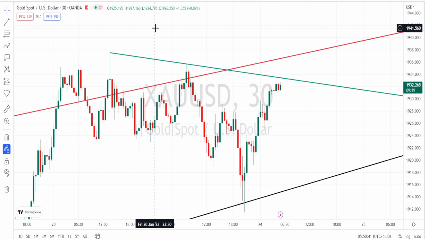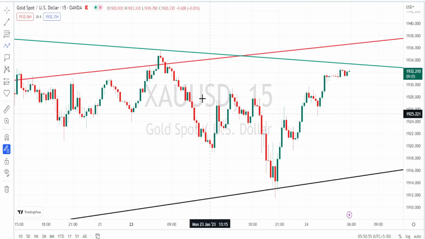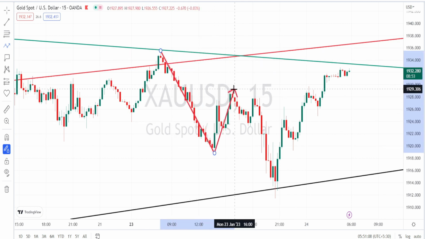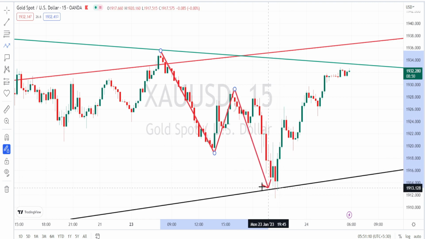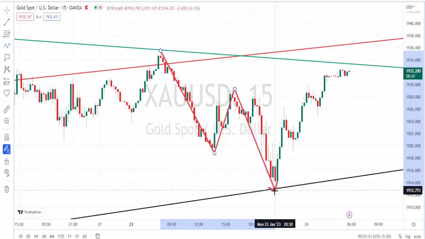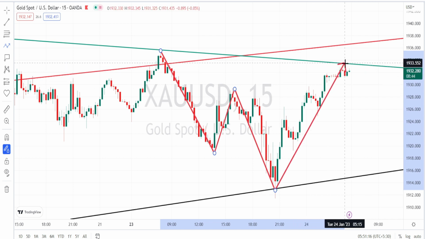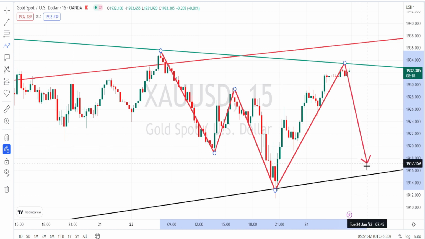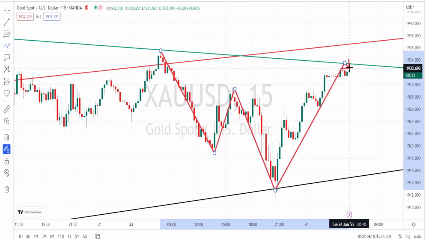Let us mark the support and resistance levels for 15 minutes time frame. I am in 15 minutes time frame. When we look at the price action in 15 minutes time frame, it has tested this resistance line from the hourly time frame, and we are noticing the price action fall on a bearish side retracement after testing the support line from the 4 hours time frame. We have noticed it bounce back on the bullish side retracement, and again it has retested this resistance line from the hourly time frame. So looking at the past price action, we can expect the price action to again bounce back on the bearish side retracement,